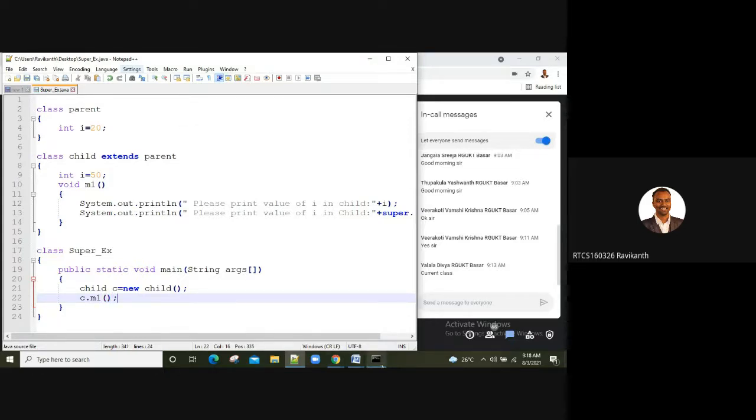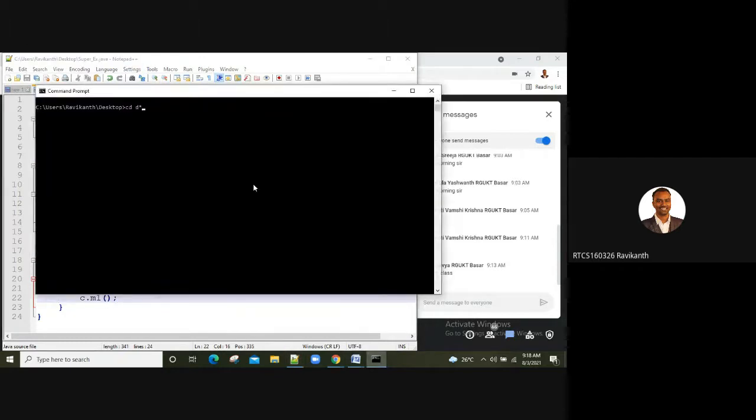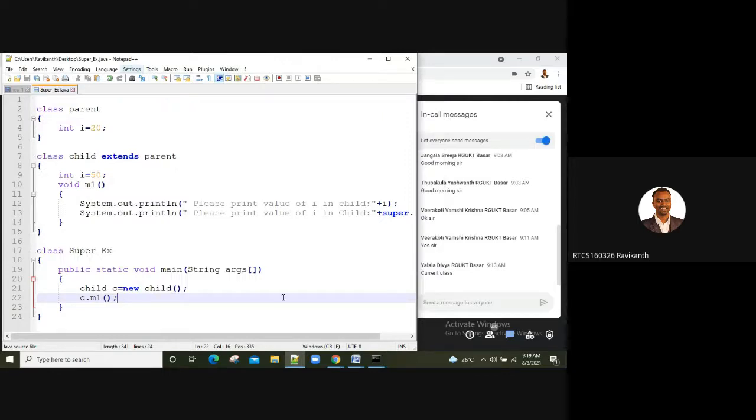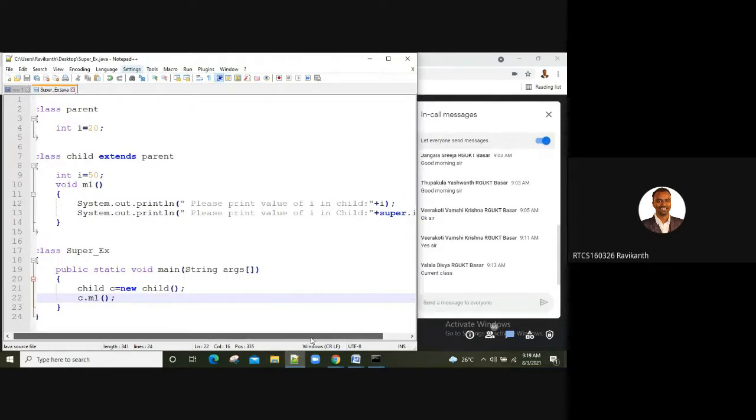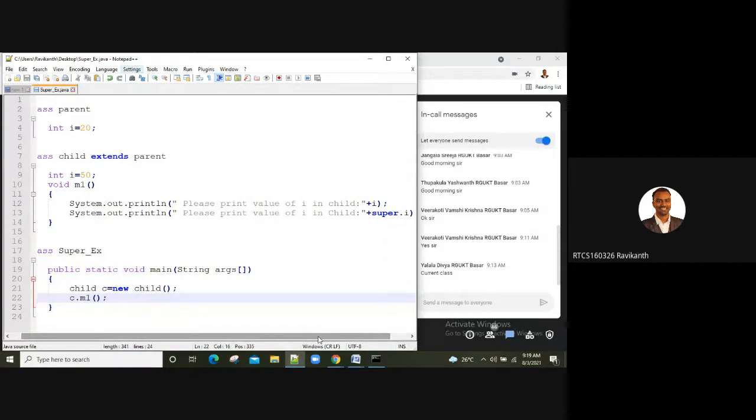Let's run the code: javac Super_example.java. Compile time errors, okay, fine. I've shown you the output. So what output are you expecting here, guys?